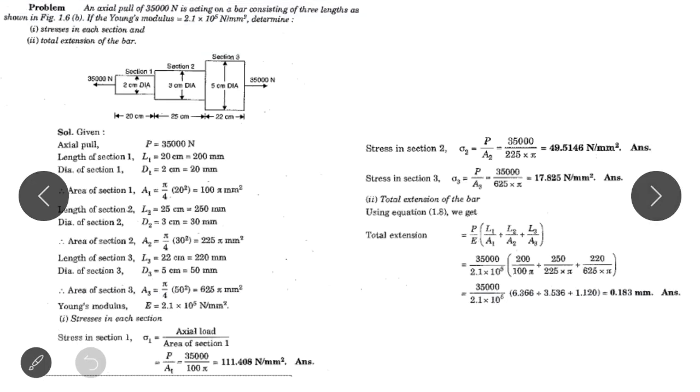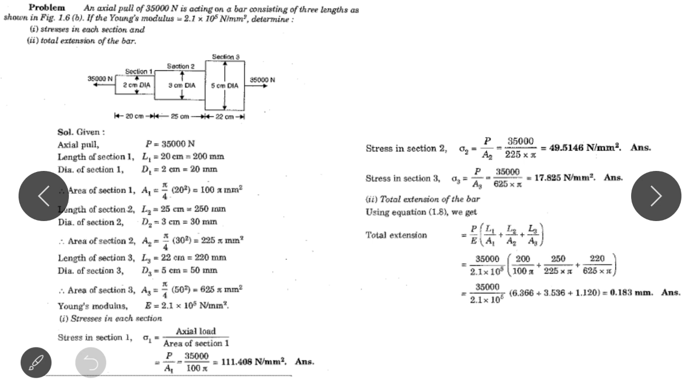Next problem, an axial pull of 35,000 Newton is acting on a bar consisting of the lengths as shown in figure. If the Young's modulus is 2.1 into 10 to the power 5 Newton per mm square, determine stresses in each section. The second one, total extension of the bar. The given data of the problem is axial load P is equal to 35,000 Newton. The length of section 1 L1 is equal to 200 mm, and